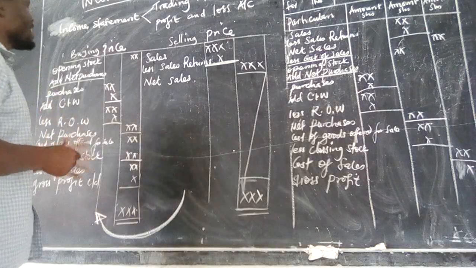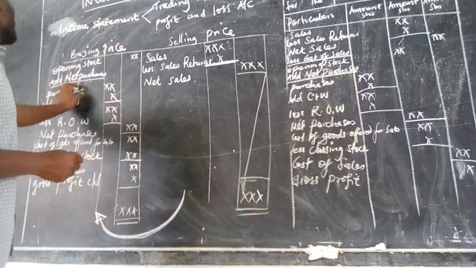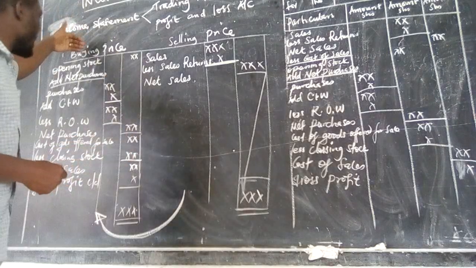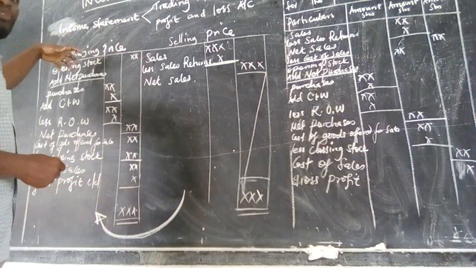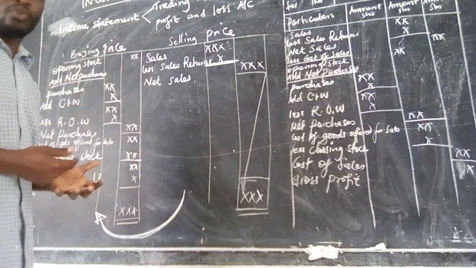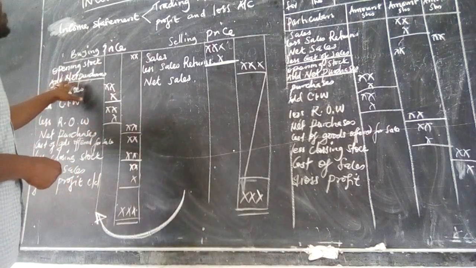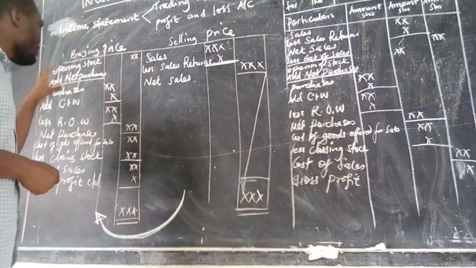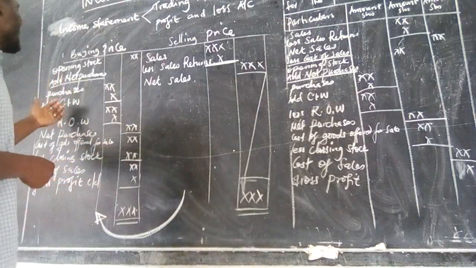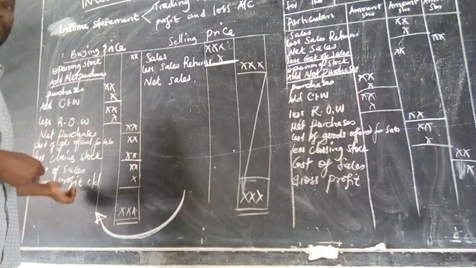We are supposed to add the value for the new stock, which here we are labeling as net purchases. Because if previously you had opening stock, that was stock that remained from the previous period. Now in this trading period, you go and buy new stock to add onto the already existing stock. That stock is what we are calling net purchases, but it is the value for purchases. Why net? Because it has other elements that are added, or are going to be subtracted, as we're going to be seeing.